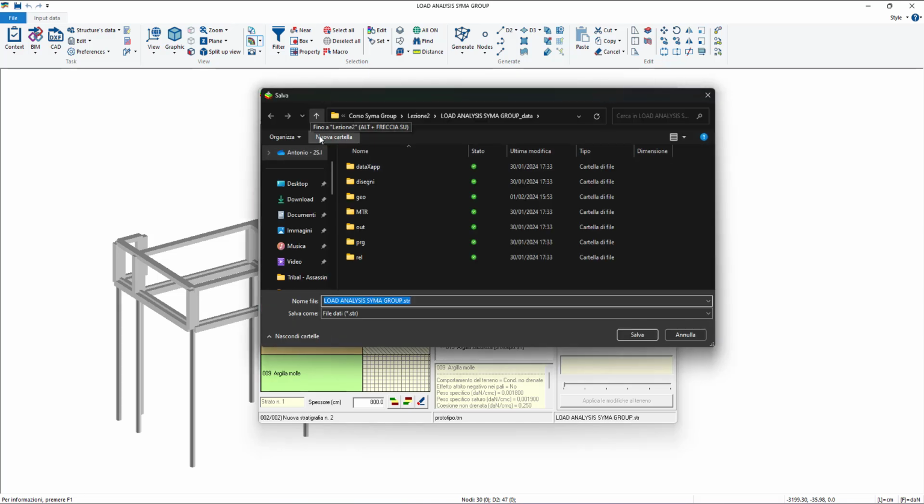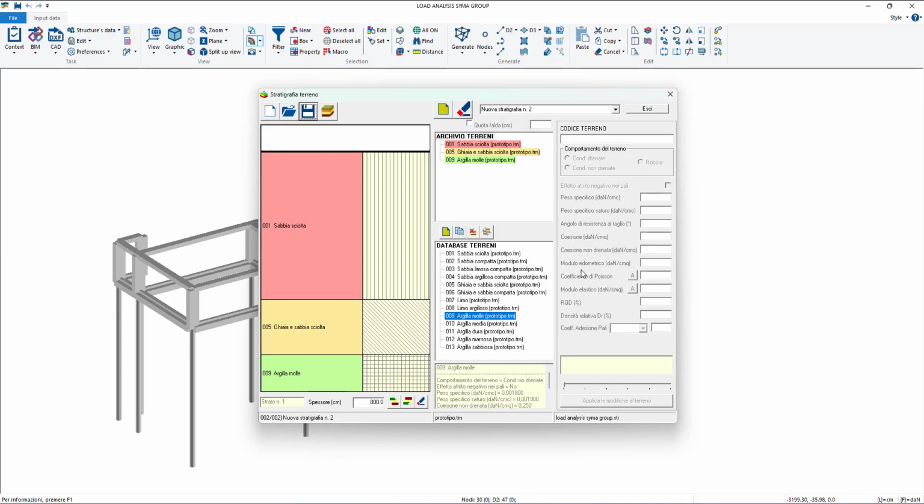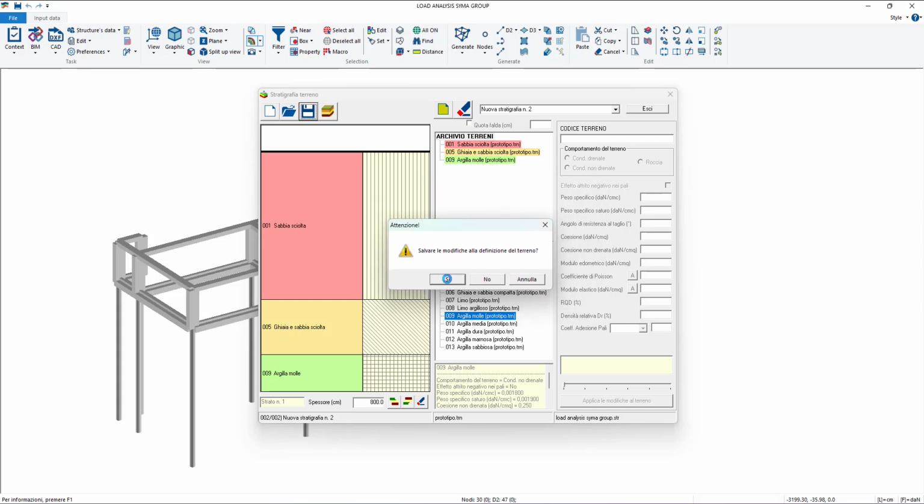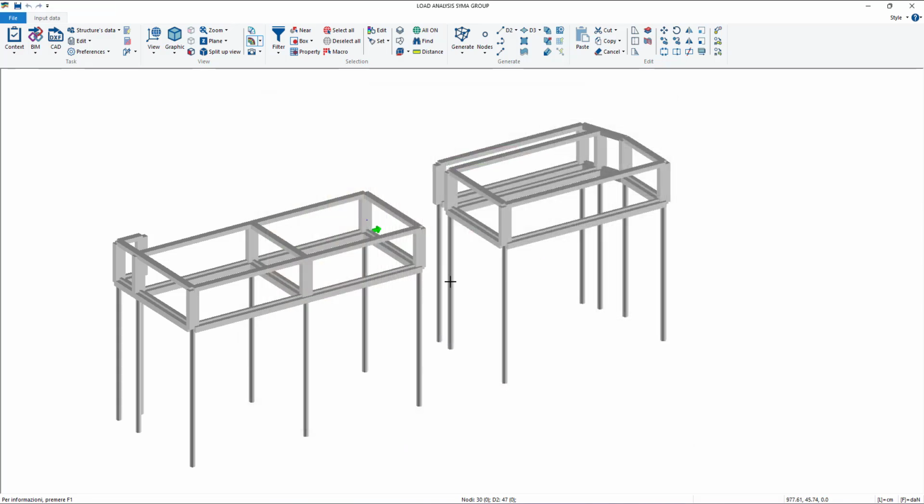When you save the archive, it's going to be saved as an str file. This is the extension of the file. And it will be placed in the data folder of the file. That's just the same name of the file. The important thing is that you don't change the extension. We can go save, and then we can close this window. Save, modify is yes. Okay.